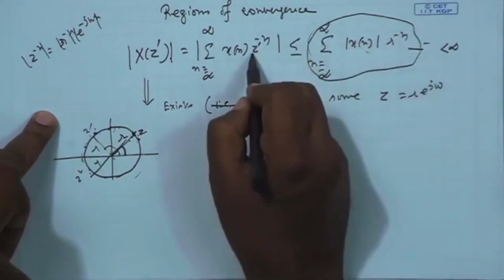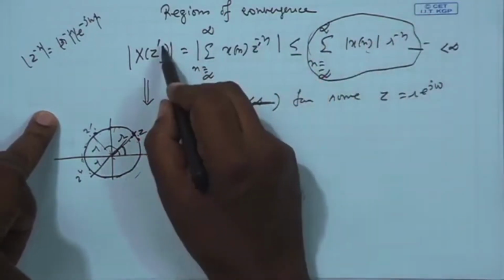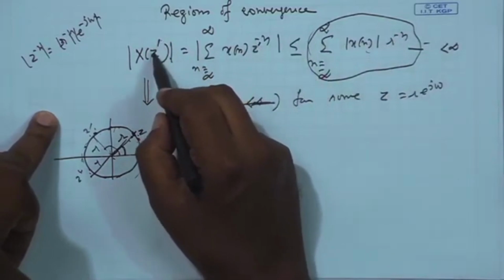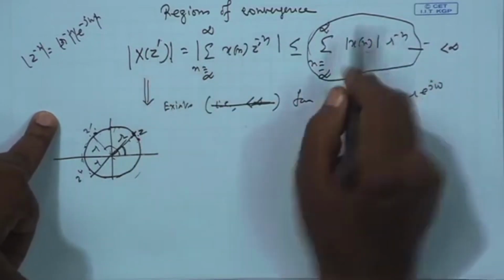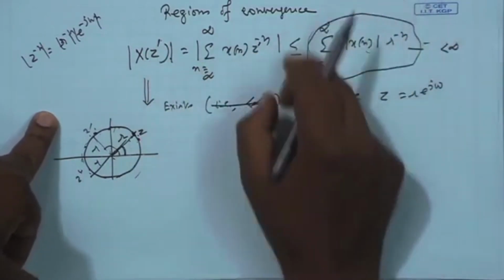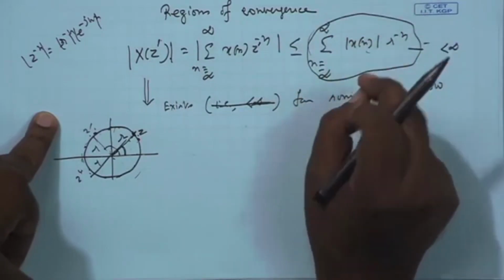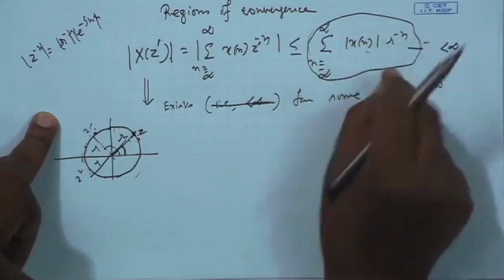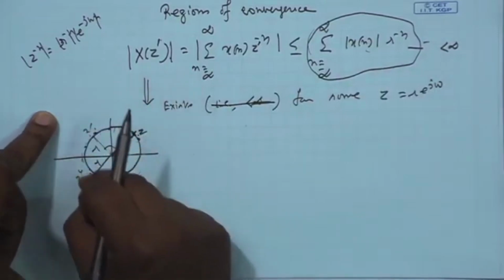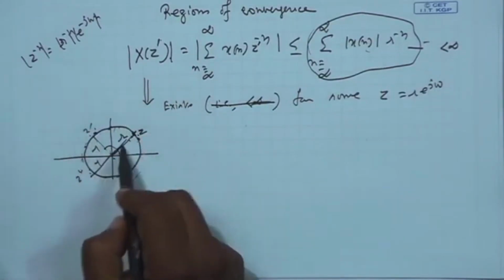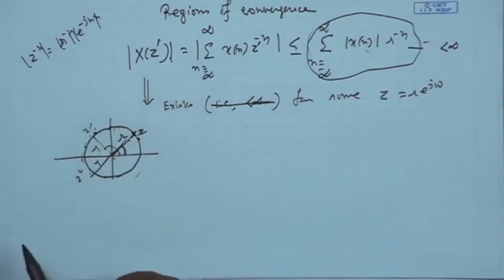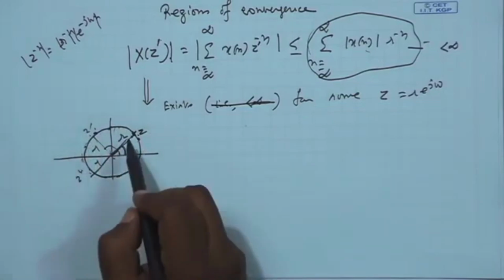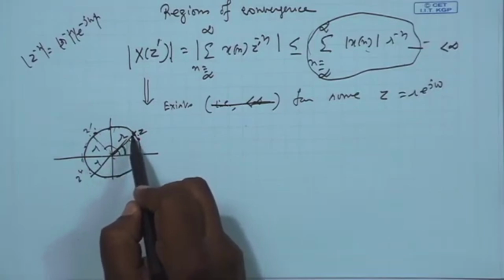So, whether you have z here, z prime here, or z double prime here, this will always be less than or equal to this, and this is free of omega. So, if it is finite, it is finite for any z, z prime, z double prime, because it is the same r everywhere. Therefore, if the z transform exists for a particular z, then